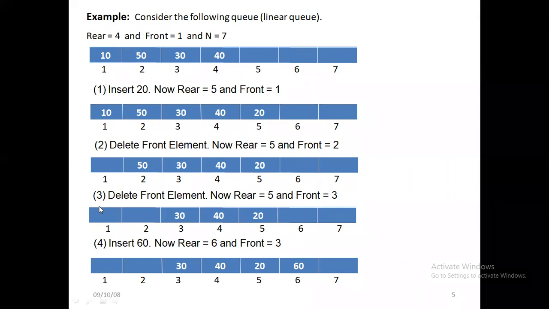But I can't occupy them. I can't insert here. I should always insert at the rear and delete at the front only. So even if there are one or two vacancies at the front, I can't fill them at any time. That's the main disadvantage of the linear queue.